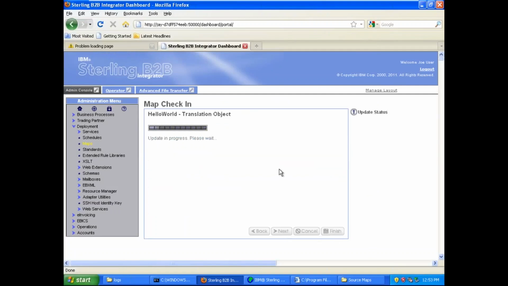This is how you will check in or deploy. If you do not understand check in, then you can consider it as deploy. This is how you will deploy your map in SI dashboard in Sterling Integrator. Okay,